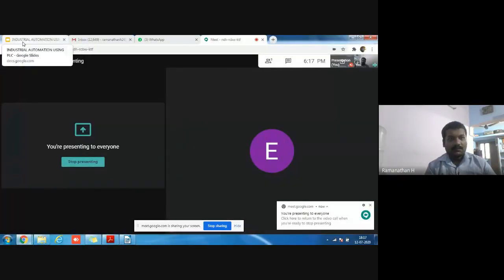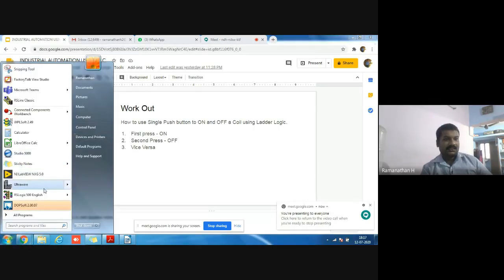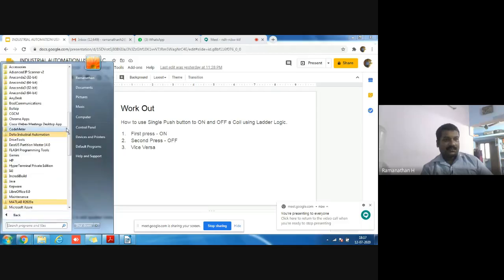I hope all are able to see my screen. Today I gave this task on how to use a single push button to on and off a coil using that logic. Anyway, I will start with that task. Let's work it out now.